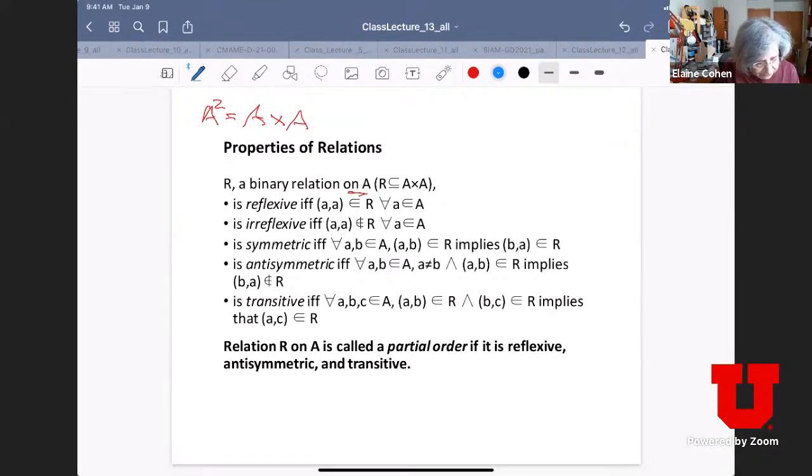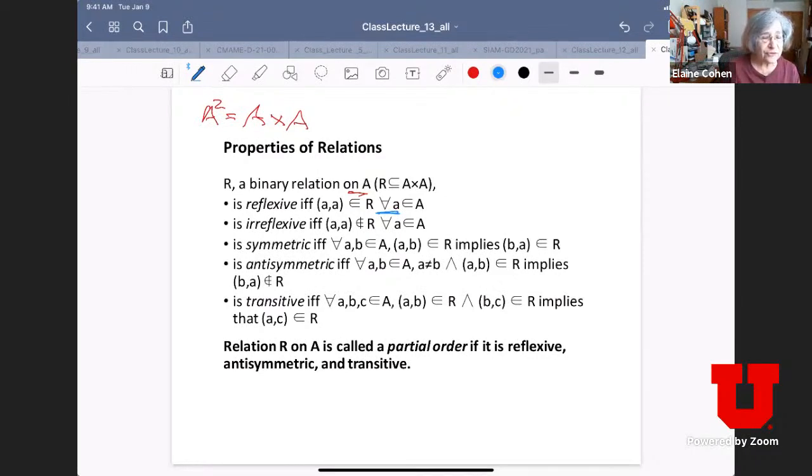So we call it reflexive if every element is related to itself. Okay, every element, not some elements, but every element. For all A, every element. It's irreflexive